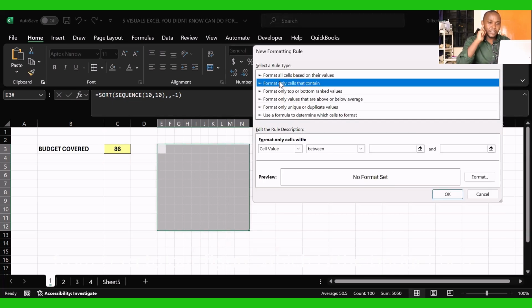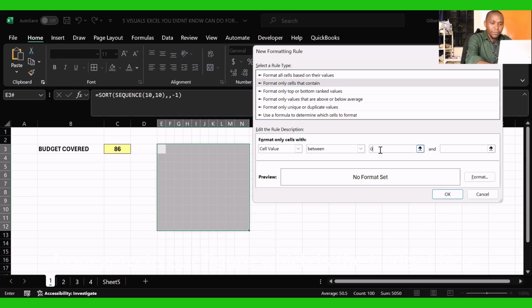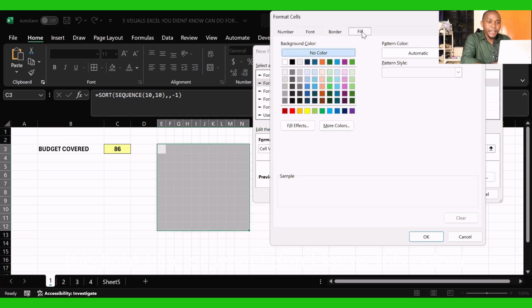Format the cells that contain from zero to our figure, which is the budget here. Remember, this budget can keep on changing depending on whether the director decides to cover all the area. So we equate to our budget number here, which is 86 in this case, and then we need to format this data. So we go to the format side here, and then we need the fill to be this light